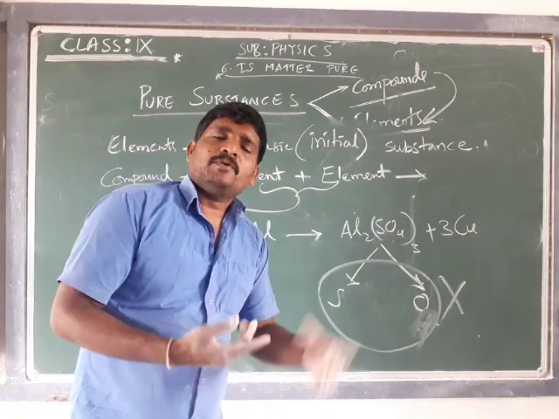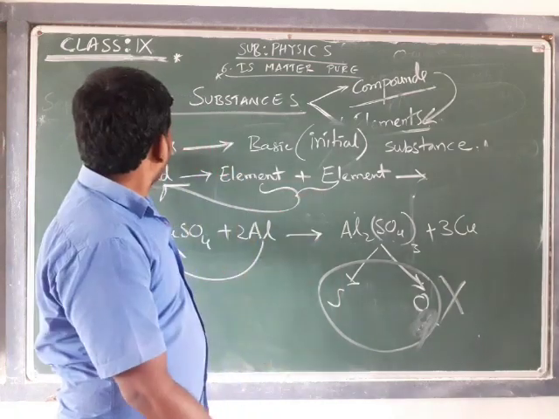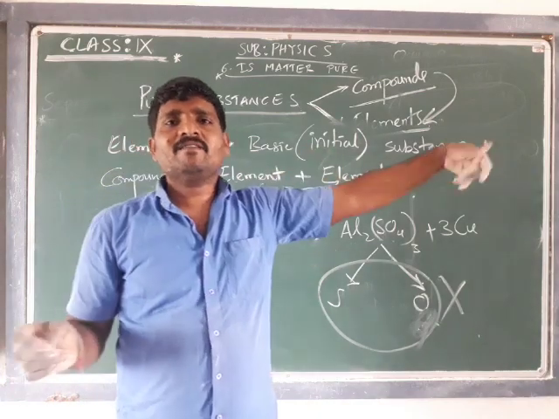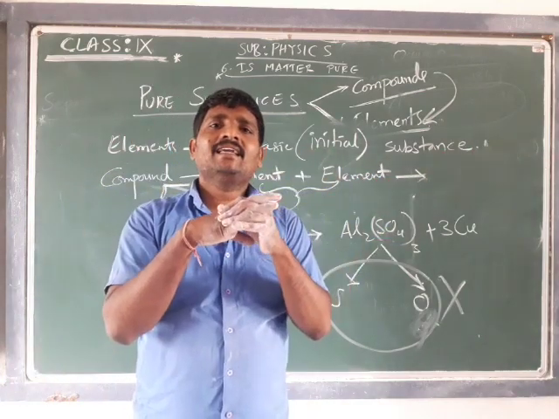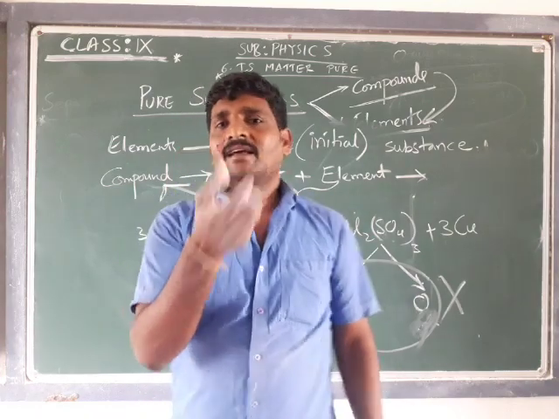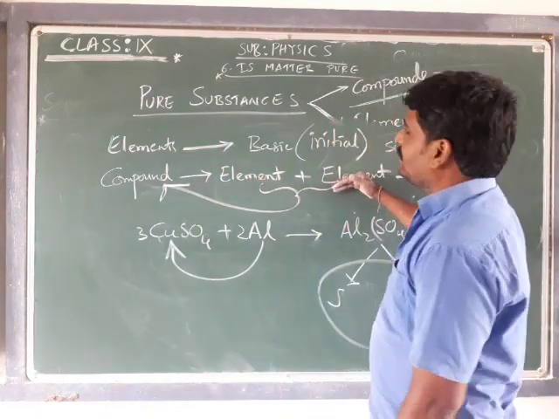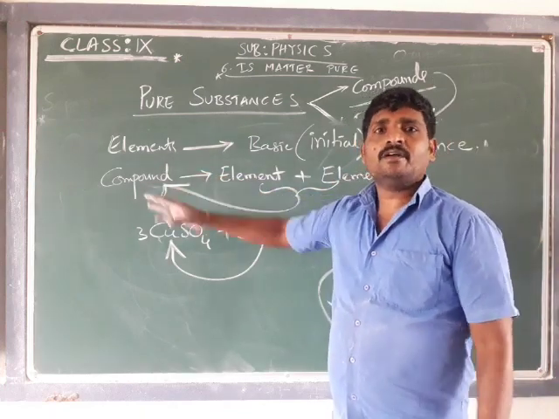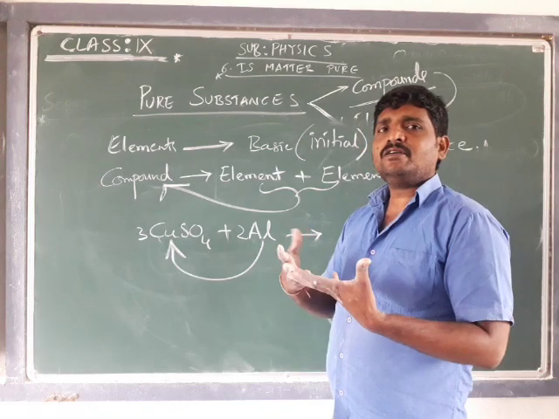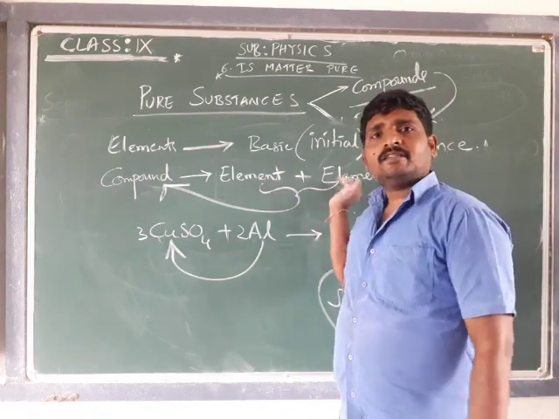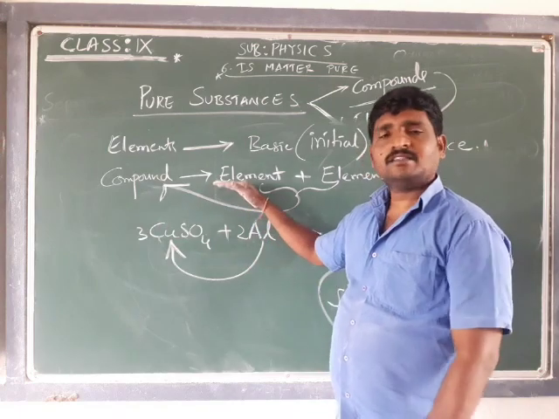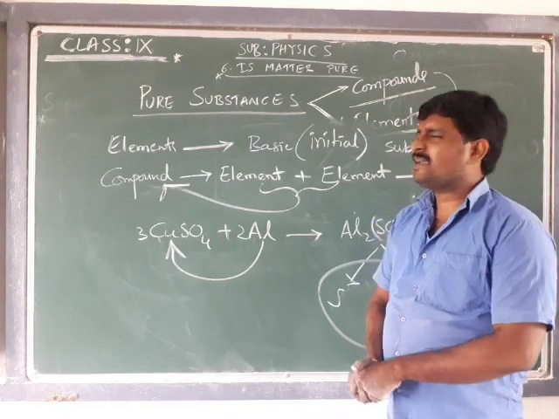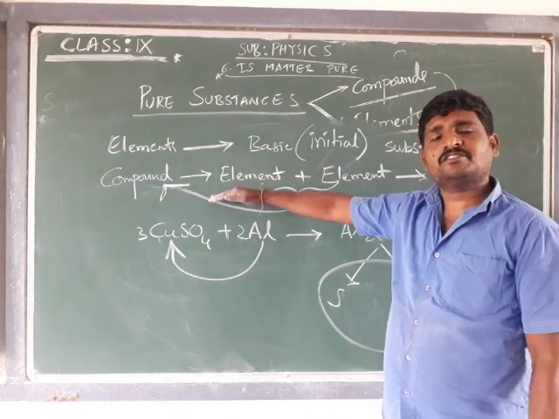Likewise, suppose A, B, C, D are the initial components of English. If A is bonding with T, we are going to get AT, which is a word. The same way, if an element is bonding with another element, we are going to get a compound in chemistry. It is also one substance. How is it obtained? Because these two elements are chemically bonded, and we cannot separate that. That is also a pure form of substance. About these elements and compounds, I hope you understood well.